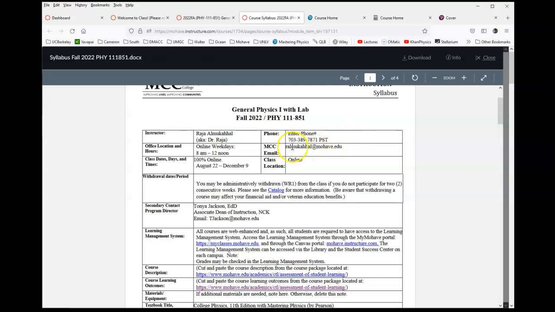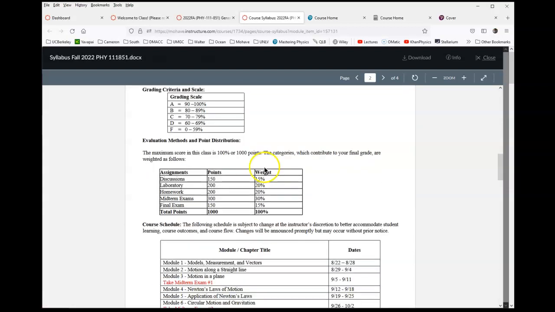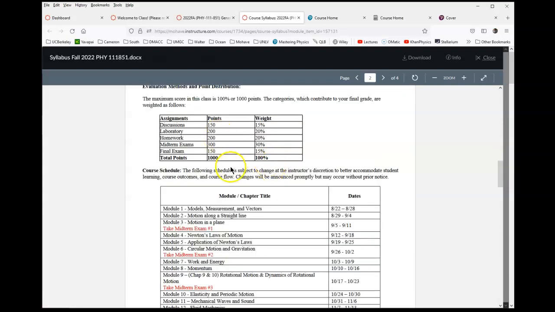You can contact me through email or ask the professor. If absolutely necessary, you can give me a call if you want to. And my office hours, by the way, on weekdays, 8 a.m. to 12 noon, mainly Monday, Wednesday. It changes, but for this fall semester, it's one Monday, Wednesday. Maybe I should include that. Okay. And then you can read the rest of that, but I want to go into here are the assignments